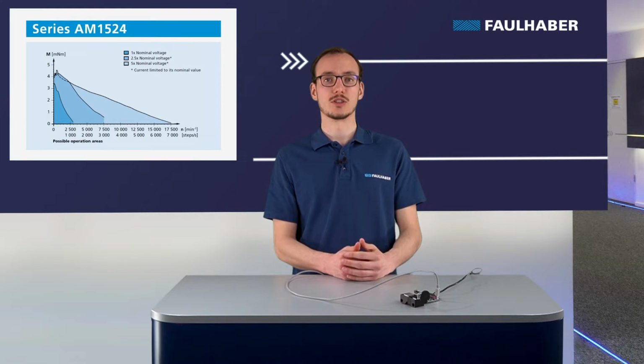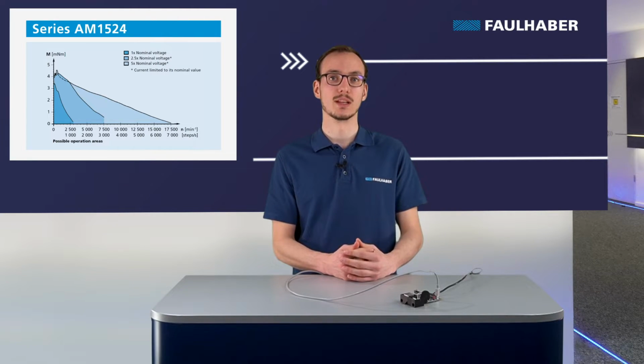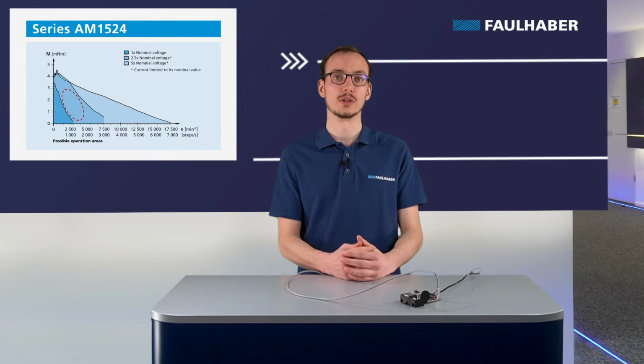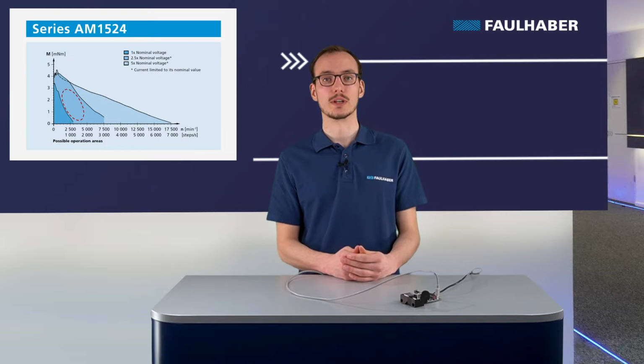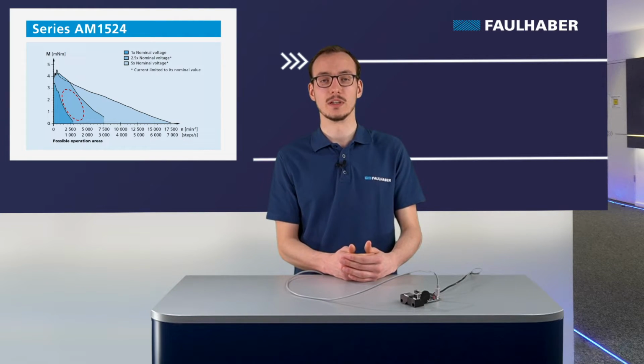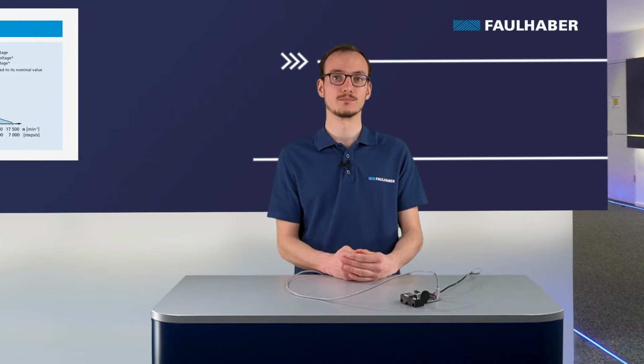We see that there are actually 3 curves, and on the top right corner, we see that these curves correspond to different ratios between your supply voltage and your nominal voltage. For example, if you want to work in this first area, you will need to have a ratio between your supply voltage and your nominal voltage of 2.5. If you want to work at higher speed and have higher torque, for example in this second area, you will need to have a ratio of 5 between the supply and the nominal voltage.